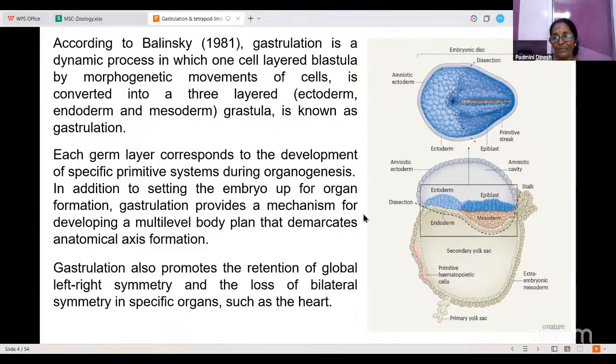So future endoderm is what we are going to see over here. And of course, you have a yolk stalk over there. This is going to form what you're going to be forming. We'll talk about that in a later class. So here, this is a secondary yolk sac over there, where a little bit of yolk is